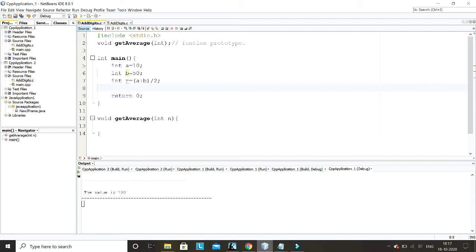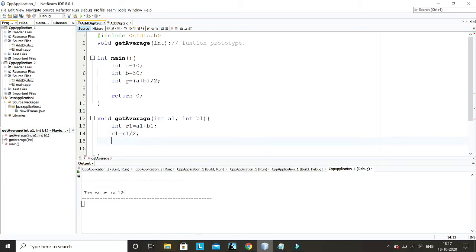But since for calculating the average I need two values, one value will not be enough. So I'll create two values, integer a1 and integer b1. These are the two values, and then I can write integer r1 equal to a1 plus b1. Then r1 equal to r1 by 2.